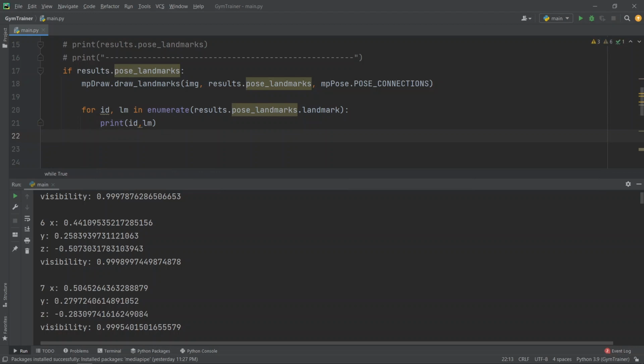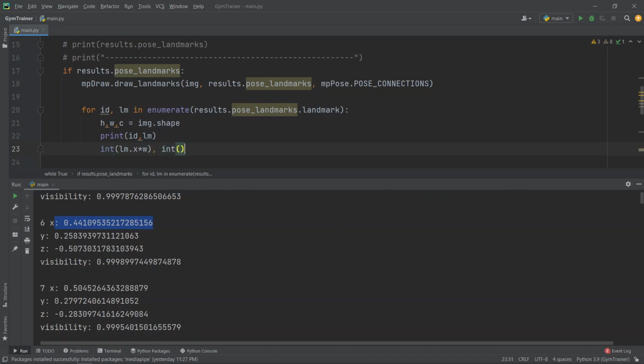and if we go for int, we go for this landmark, and for the X coordinate, we have to multiply it with the width of the image. And let's just get the image width and height. So we will go for height, width and channel, and we will go for image.shape. Now what this will do is provide us with the height, width and channel color scheme of this image. Then we are referring to this X and multiplying it with the width so that it will convert these coordinates to pixels.